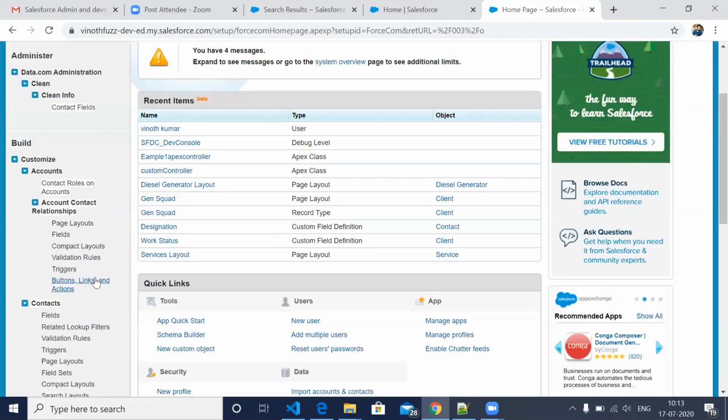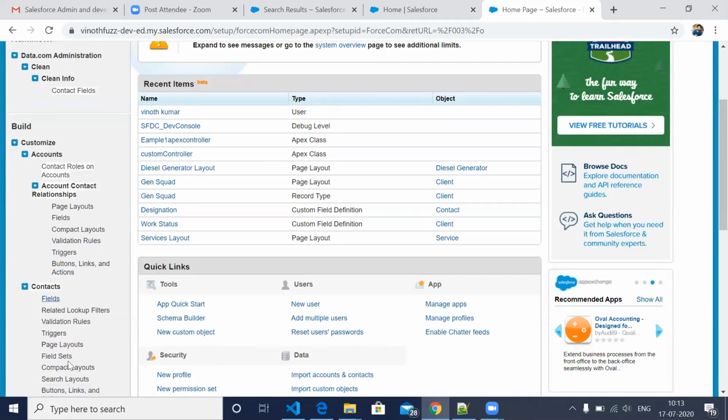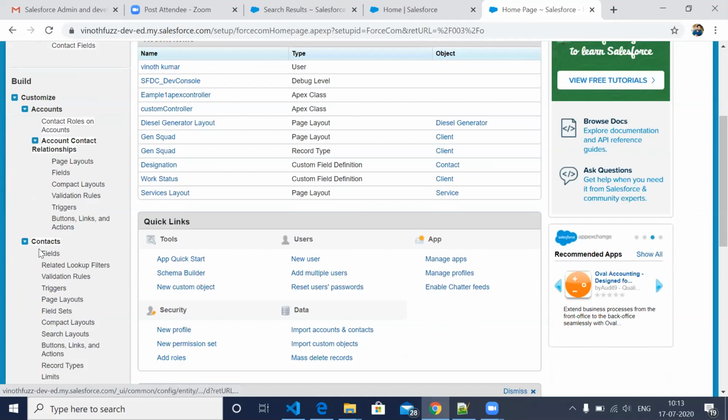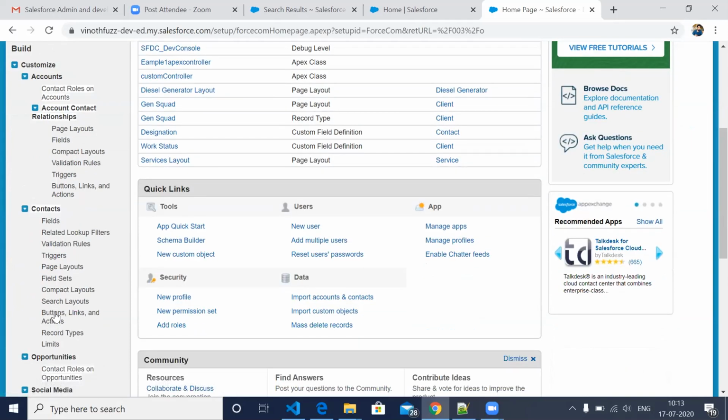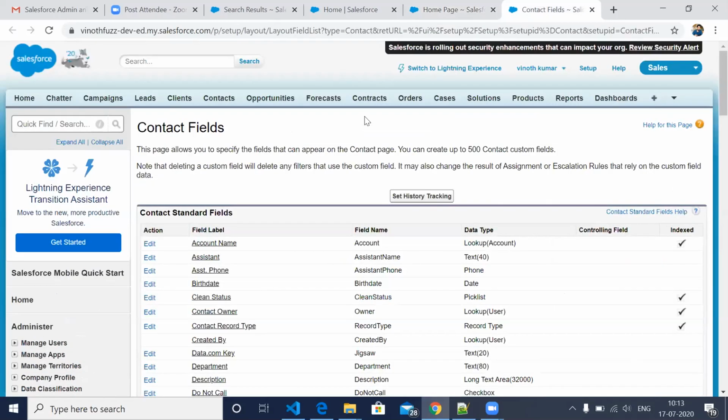That means if you have Contacts on this side, you can see Contacts directly. So here it's coming up. Here you can see so many options inside Contact. I'm just going to the Fields. Fields is nothing but columns. So I want to see what the columns are inside this particular table.